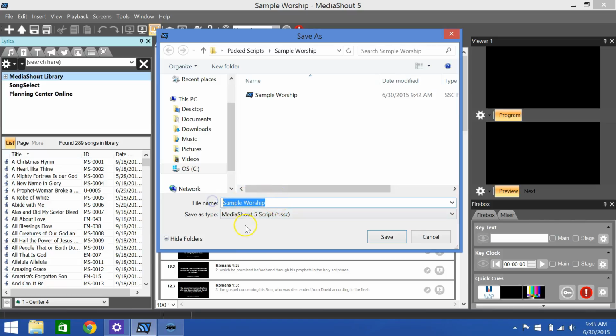And the same way, if you happen to move, say, a video or a picture being used in the presentation, then MediaShout is going to lose track of it. So you want to make sure that you keep all those together. This is especially important if you create the MediaShout script on one computer but use another computer to present it. For instance, maybe you create it in your office